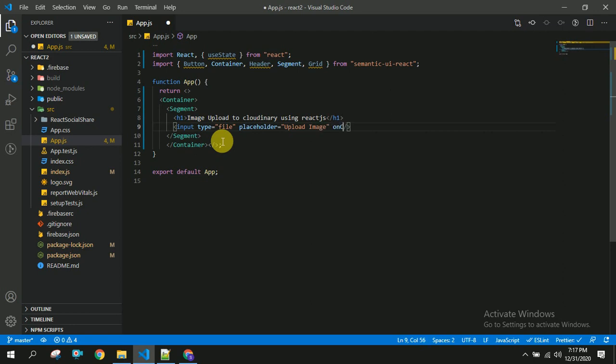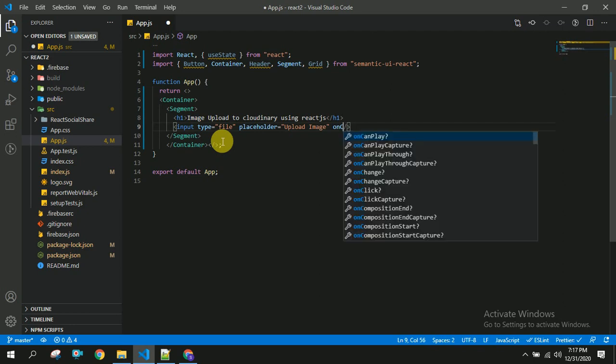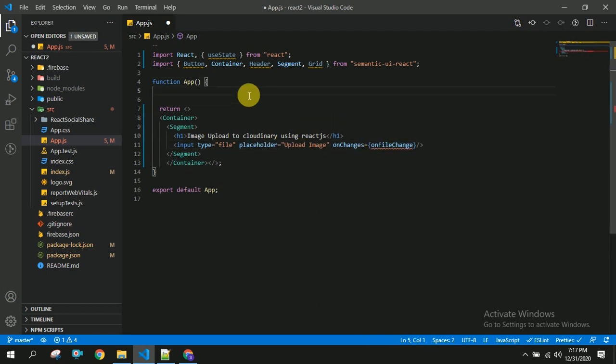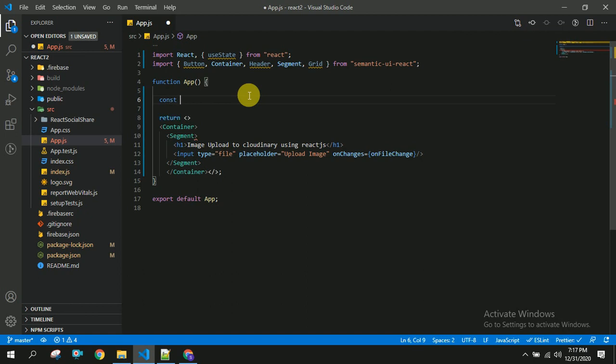Now once the user clicks on this, or once the user changes, we will call a method called onFileChange. Now I'm going to create this file change method in this app component. For creating this, I am going to use arrow function syntax.